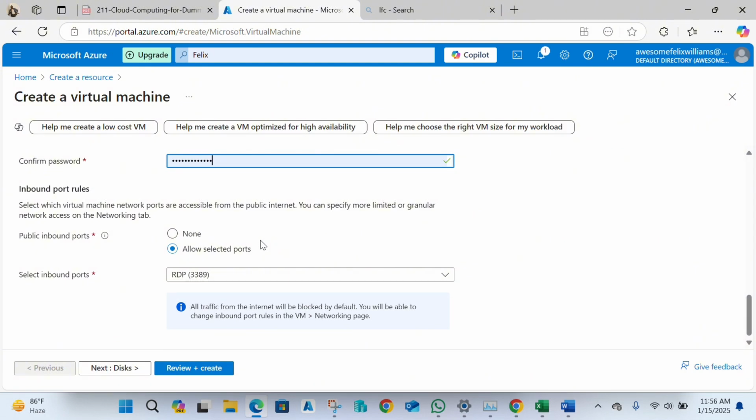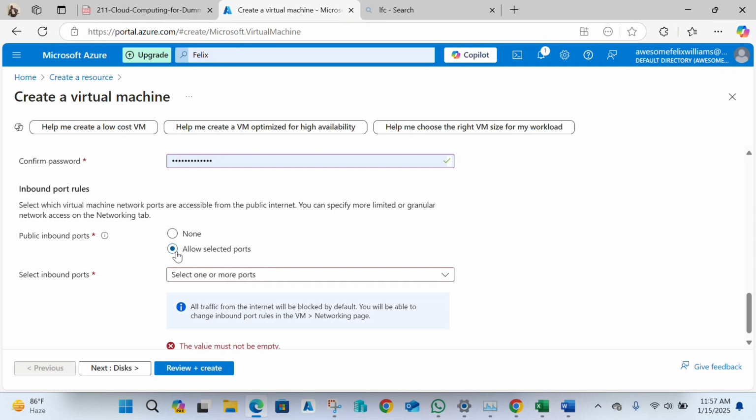So another thing you need to understand is port rules. Port rules here are simply the ways and manner in which you want to access your virtual machine, and the inbound port rule means how do I want to manage traffic coming into my virtual machine, onto my virtual computer. If we put it here at none, it means that public inbound port is disabled, meaning that anybody trying to contact our virtual machines over the public internet won't be able to, because we have disabled it here. But we are going to allow this because we are going to use the public port to